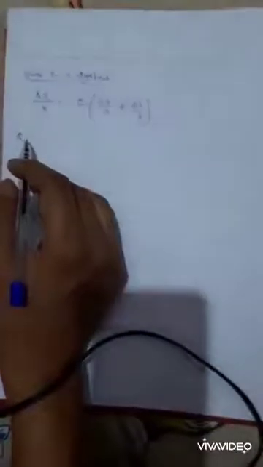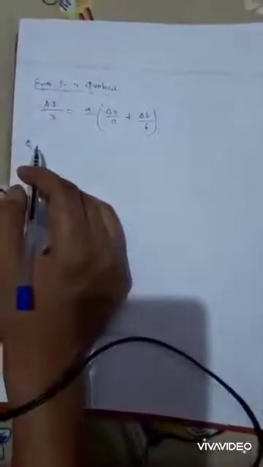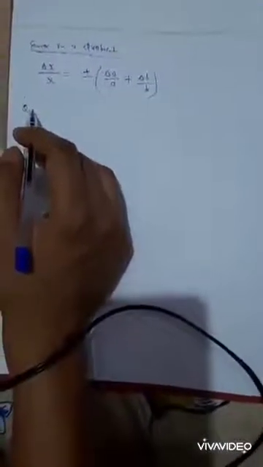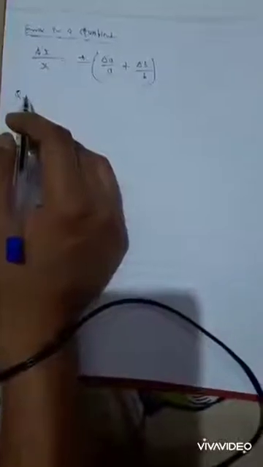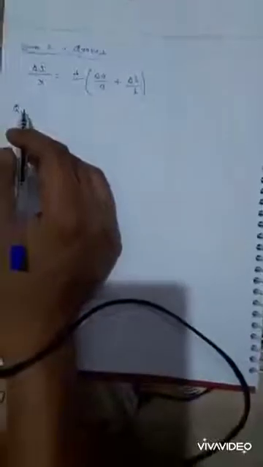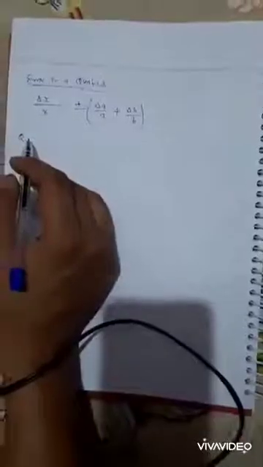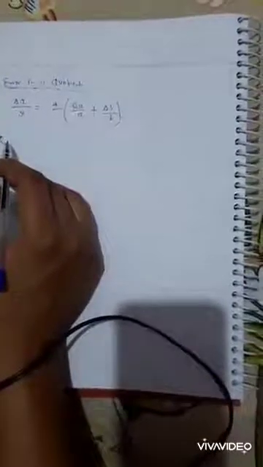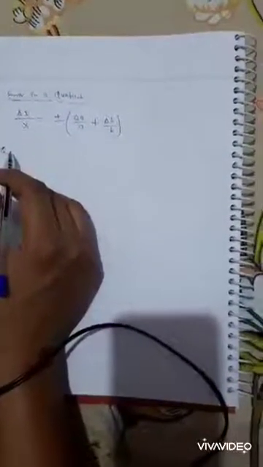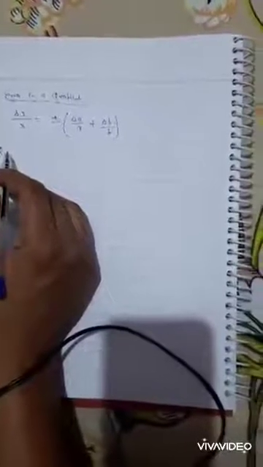So question is, in an experiment in determining the density of a rectangular block, the dimension of block are measured with a vernier caliper with a least count of 0.01 centimeter and its mass is measured with a beam balance of least count 0.1 gram. L equal to 5.12 centimeter, B equal to 2.56 centimeter, T equal to 0.37 centimeter, and M equal to 39.3 gram. Report correctly the density of the block.